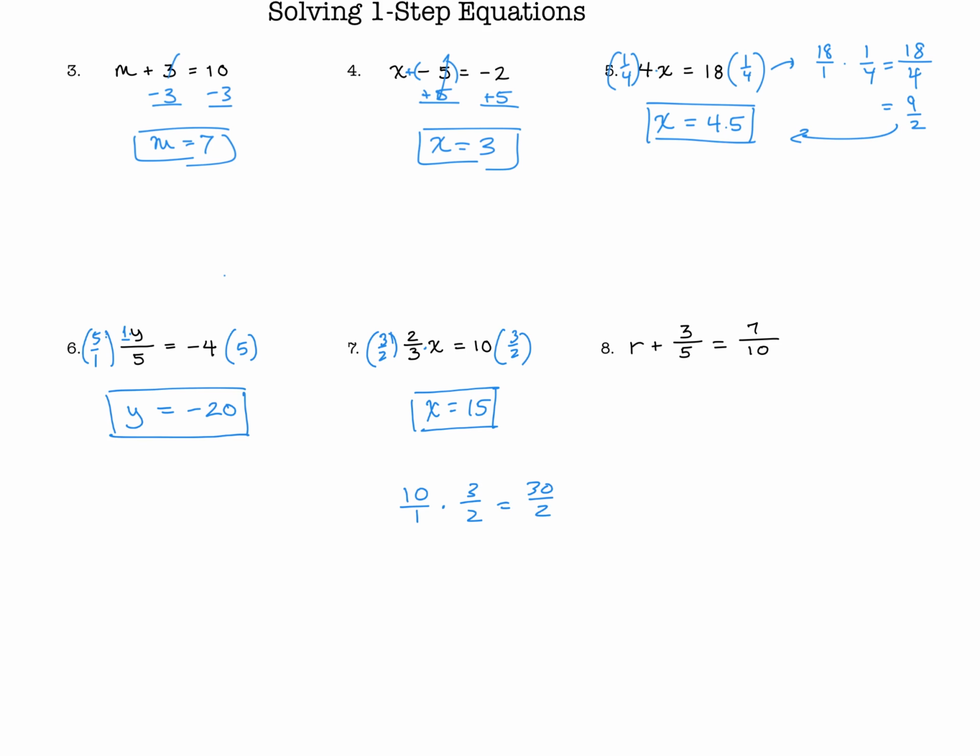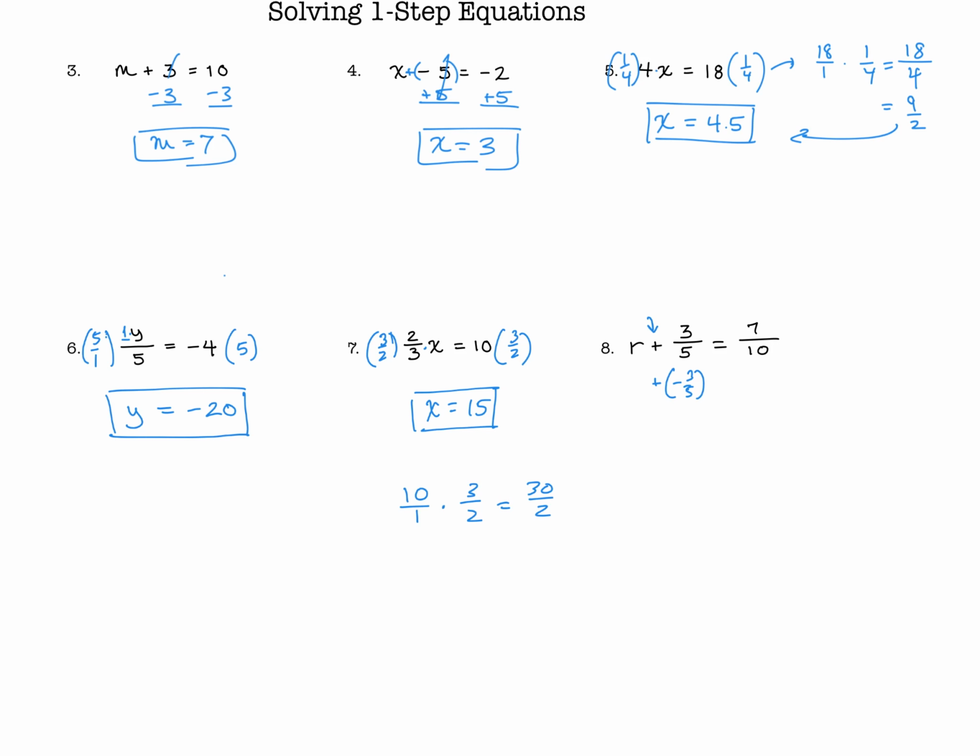Number 8 says r plus 3/5 equals 7/10. Now, what's important here is that who cares if it's a fraction? Is that fraction being added, subtracted to r, or is it being multiplied or divided to r? And the answer is you have an addition symbol. So if you have an addition or a subtraction symbol, you must use the inverse property of addition, which is pretty simple here. So I'm going to add, so the opposite of 3/5 is